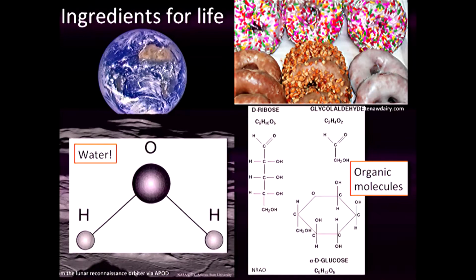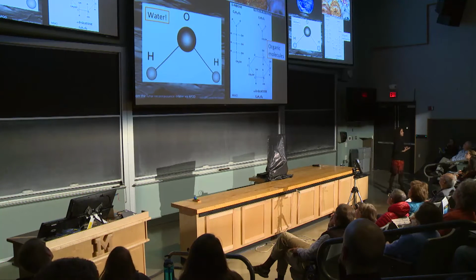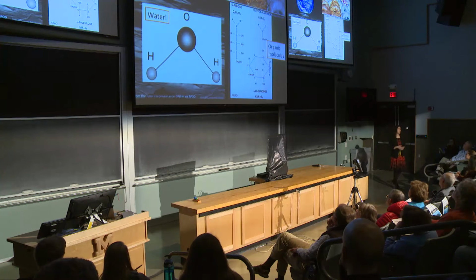We see it on our own planet. We see it elsewhere in our solar system. We see it around young stars. So that's good. The other thing we need is complex carbon chemistry. So I've shown an image here on the right from the National Radio Astronomy Observatory of a couple of different complex organic compounds. These are different sugars that are very helpful if you want to, say, stay alive